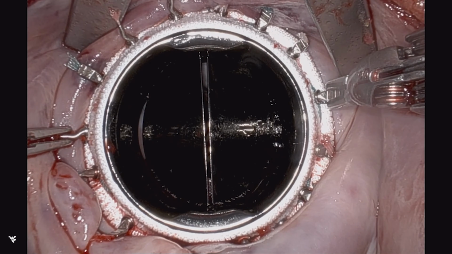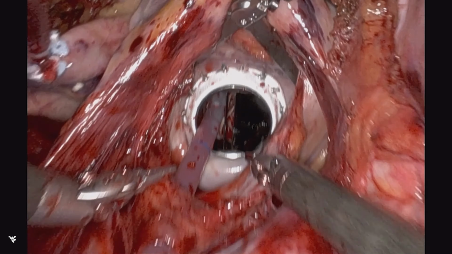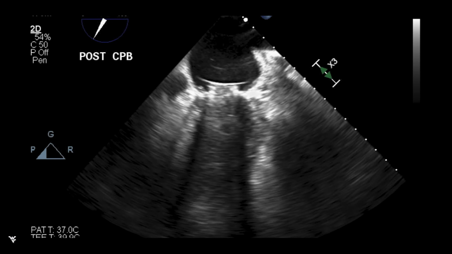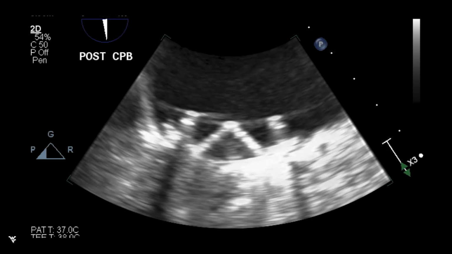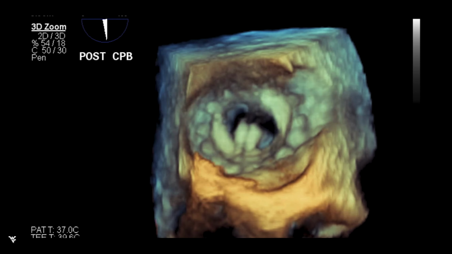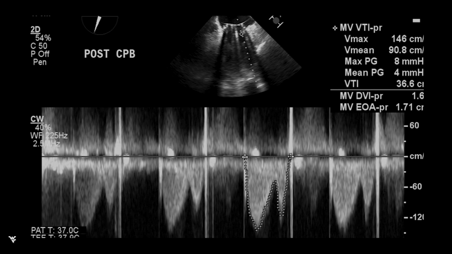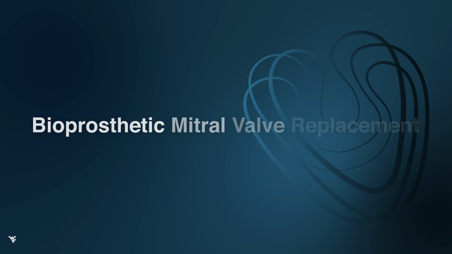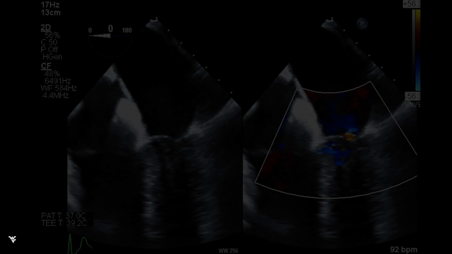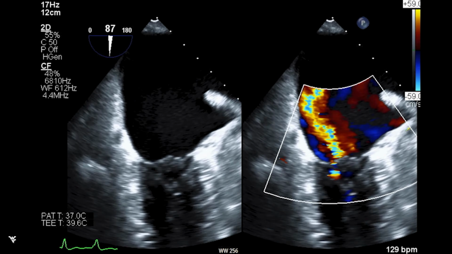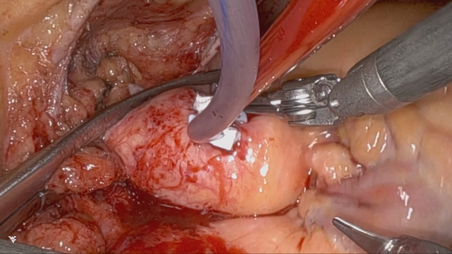So fairly straightforward. Again, anti-anatomic in terms of its positioning. Always remember to place the vent across the valve for weaning and then pull the vent back. You see the leaflets moving in a normal fashion to complete the mitral valve replacement with minimal gradient of 4 millimeters of mercury. This next case is a bioprosthetic mitral valve replacement in a 75-year-old patient who presented with atrial